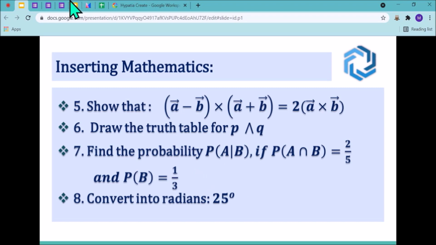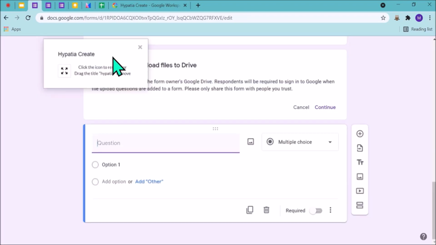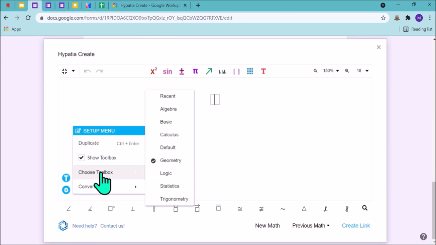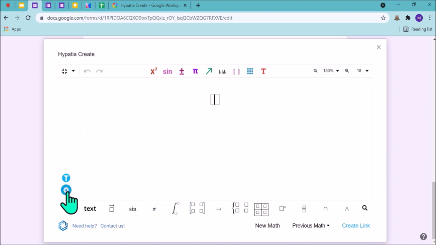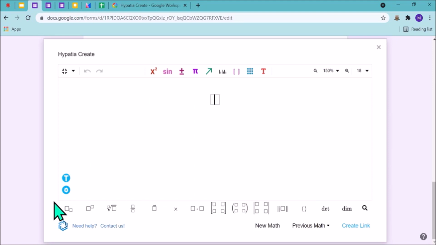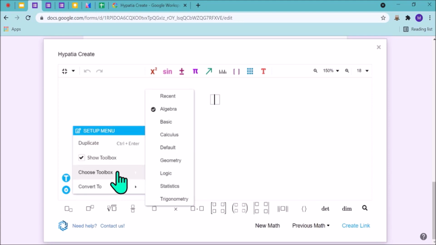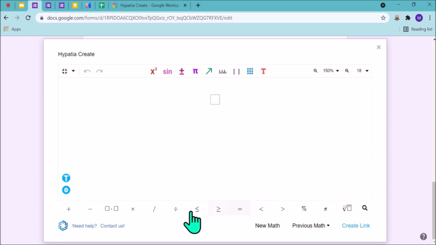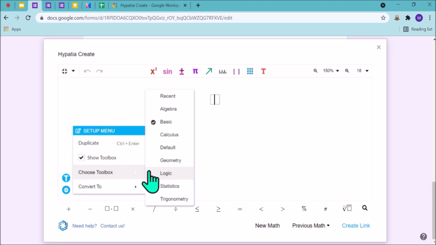Let me just show you all the toolboxes first. You can yourself see all things will be covered here. Whatever symbols I have used recently will come here in the bottom. Next, algebra is there. Basics: basic symbols which we can use from the keyboard also, but square root, pi, these are not on the keyboard, so we have to use calculus.